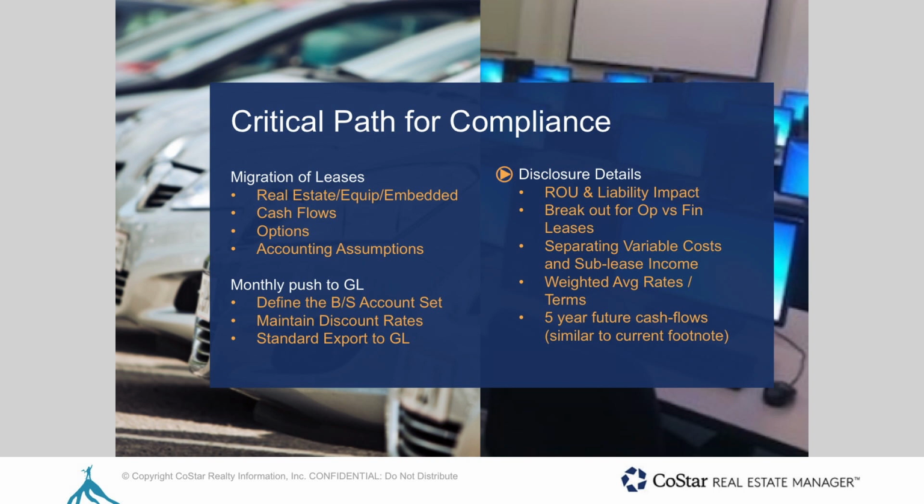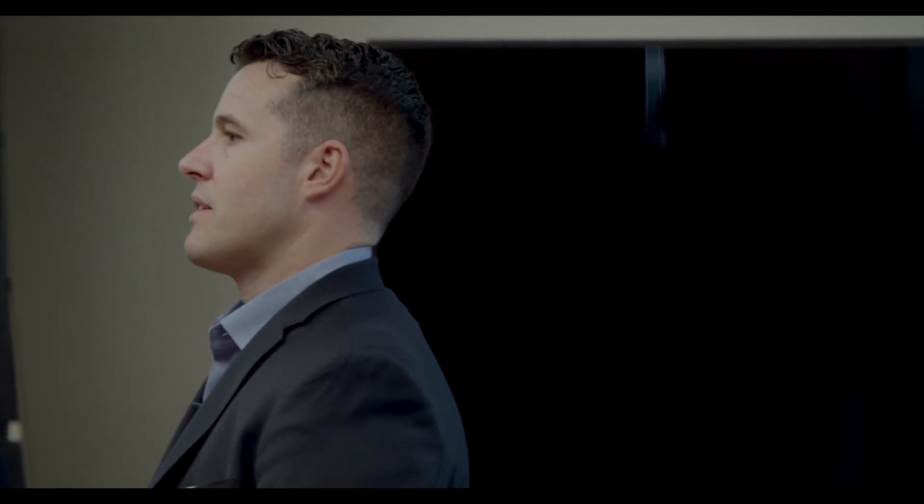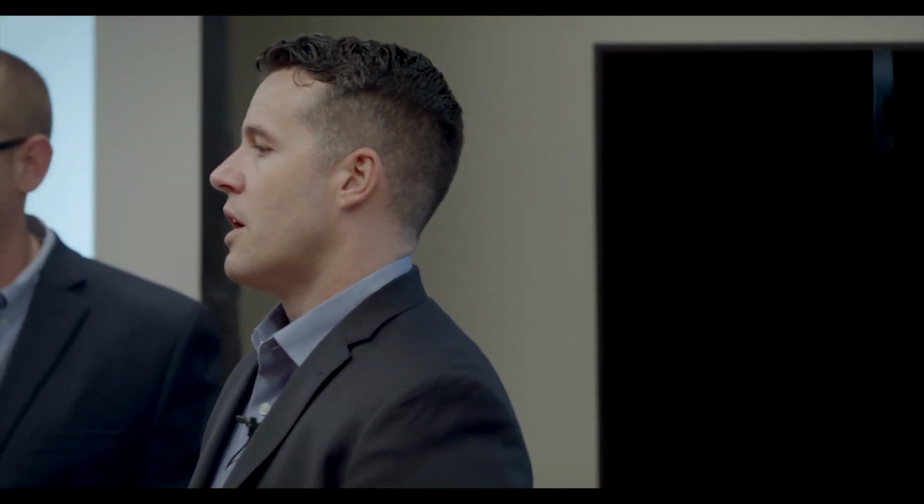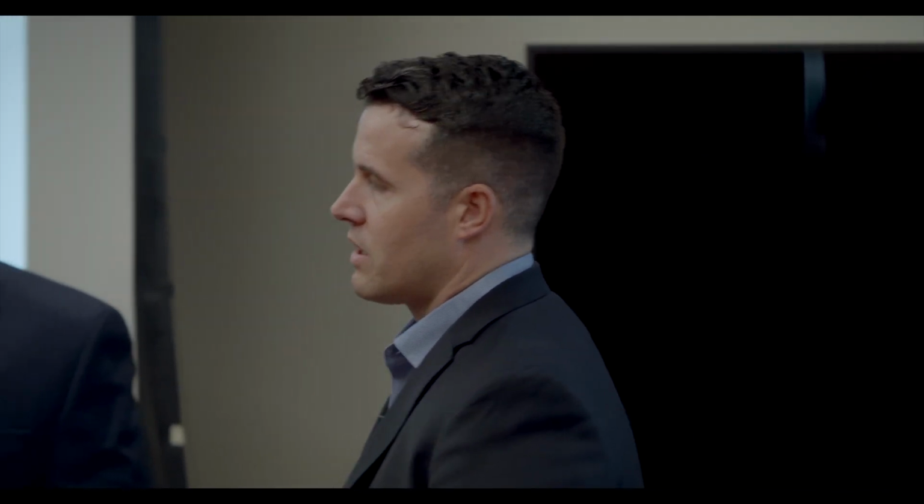So we'll touch on the reporting in just a second, or the peer reports, but obviously that liability and right-of-use asset impact is a component there, as is that breakout between operating and finance leases, a main component of that disclosure report. The variable cost detail, so not necessarily rolling into the right-of-use asset calculation. A number of you have that already in the real estate leases. That would be CAM and tax and other things, not necessarily factored into that base rent expense. That would be a source for that disclosure reporting. And then sublease income as well, probably mainly around the real estate portfolio, but if you happen to be subleasing any equipment or are the lessor on the equipment side, that might factor in as well. So those are the core items that would be needed.